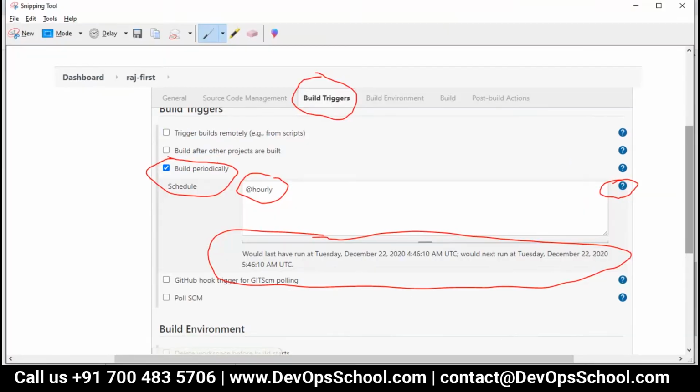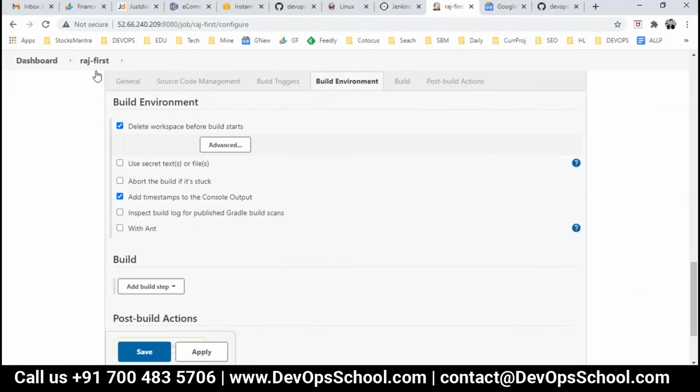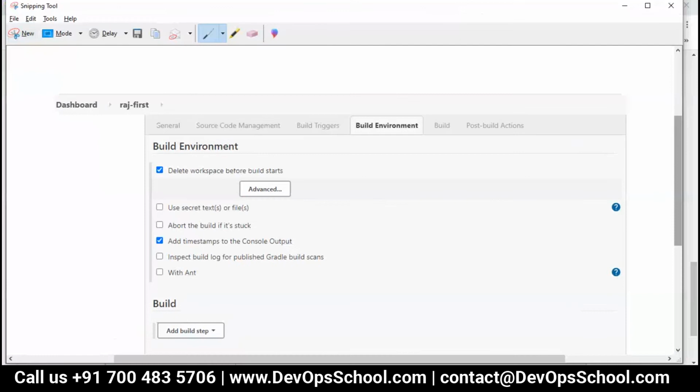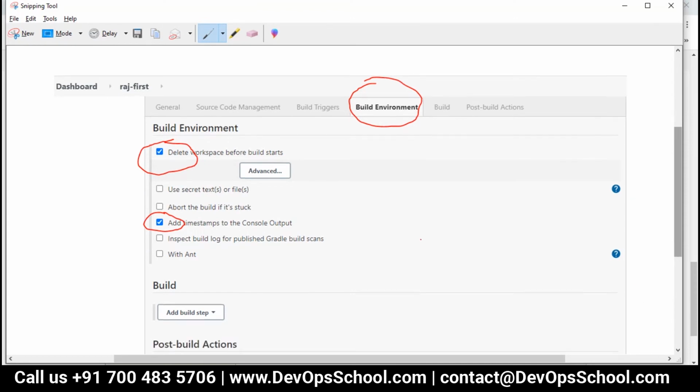In build environment, you have to select this, you have to read all this stuff and get going.